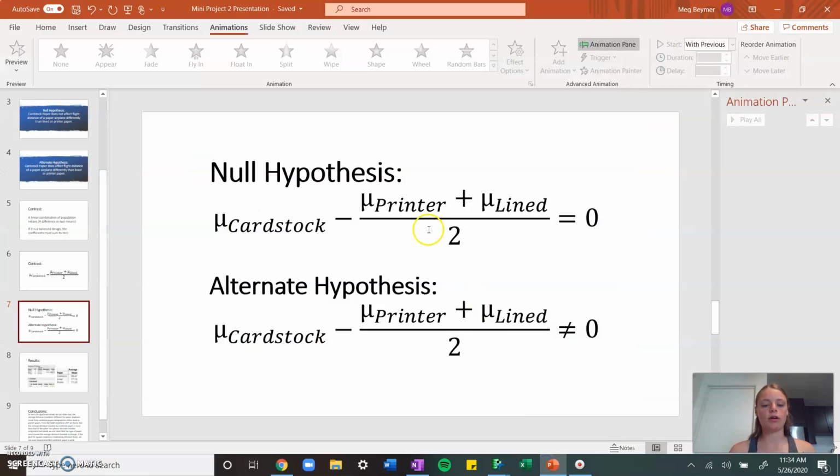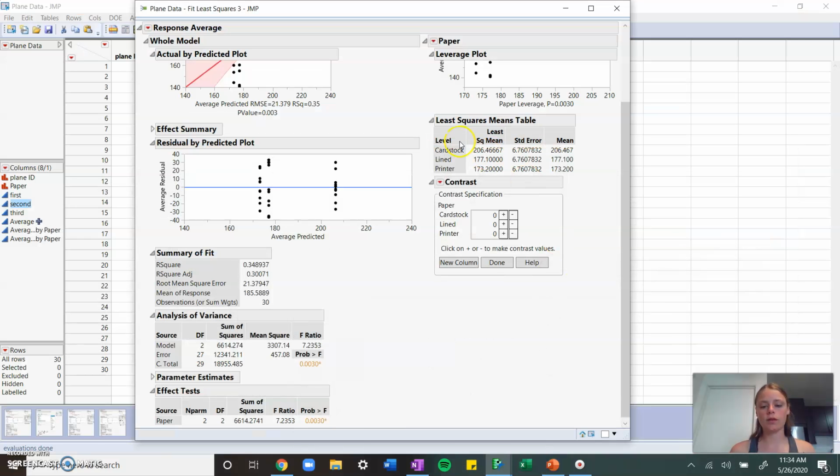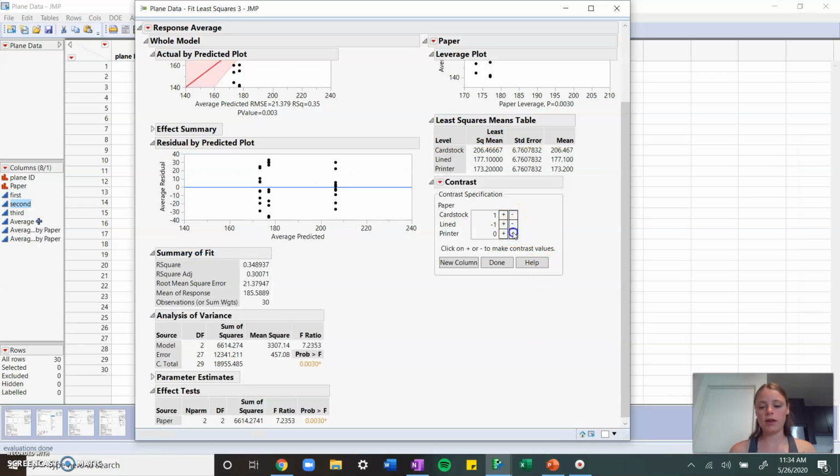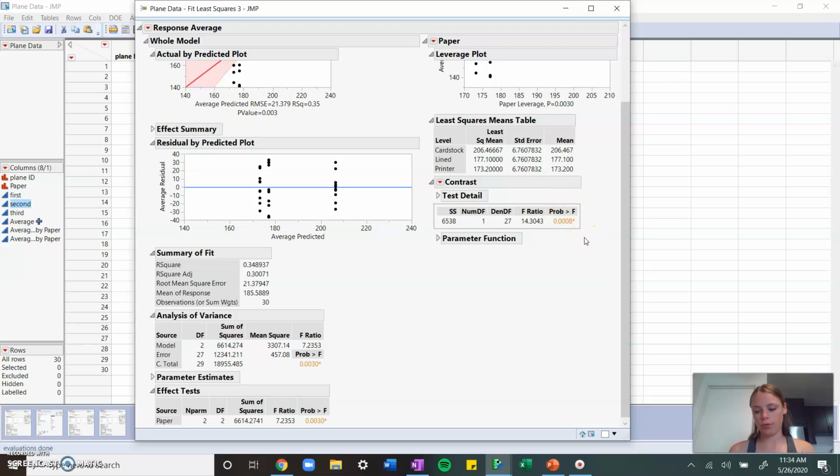Here, we're going to be putting in the coefficients of our contrast. So we can go back and look at our contrast. We can see that the coefficient of cardstock is a positive 1, so we're going to put a plus right there. And then the coefficients for printer and lined are both negative, so we're going to put a negative here and a negative here. JMP automatically assumes that we have a balanced design, and so you can see here that this is a negative 0.5 and a negative 0.5 because it's automatically trying to make these sum to 0. We're going to press Done, and we can see here that we do have a significant result at the 0.05